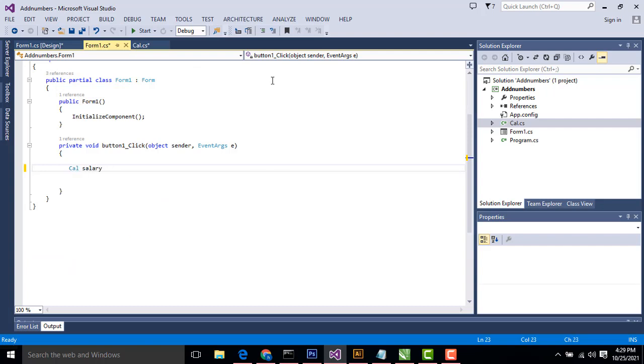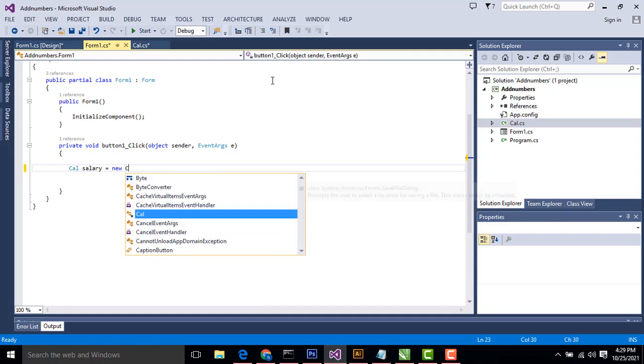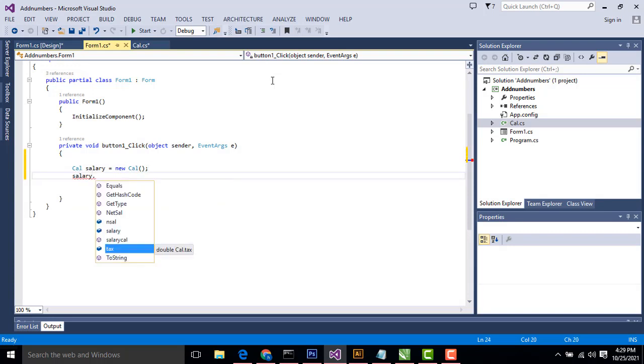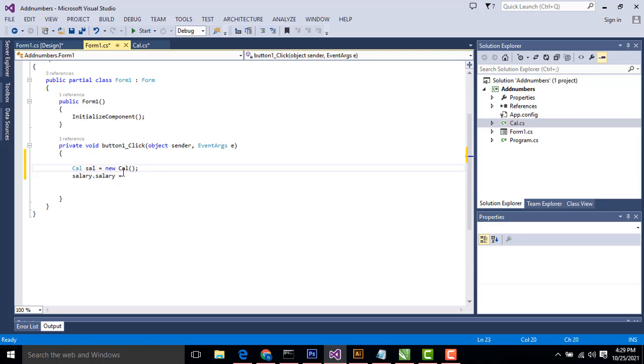You can give the object whatever name you like: salary cal, and the object is created successfully. Then, what salary you entered in the text field, salary dot salary variable equals, we have confusion with two names, so we assign the particular text field, salary dot text, and put it in a double dot parse.